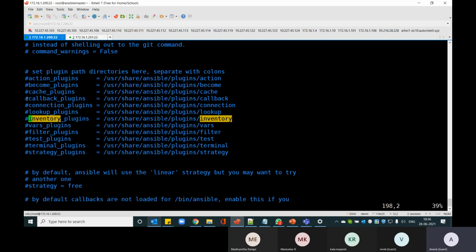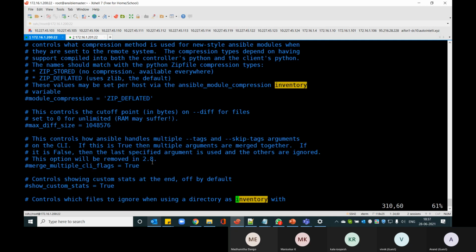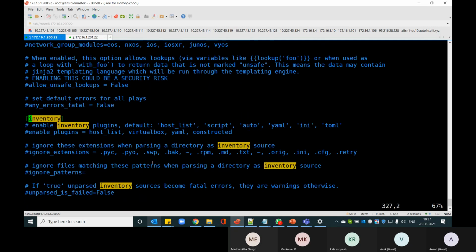You can also see where to look for all the plugins: action plugins, cache plugins, connection plugins, inventory plugins, and so on. You can also have plugins related to inventory.